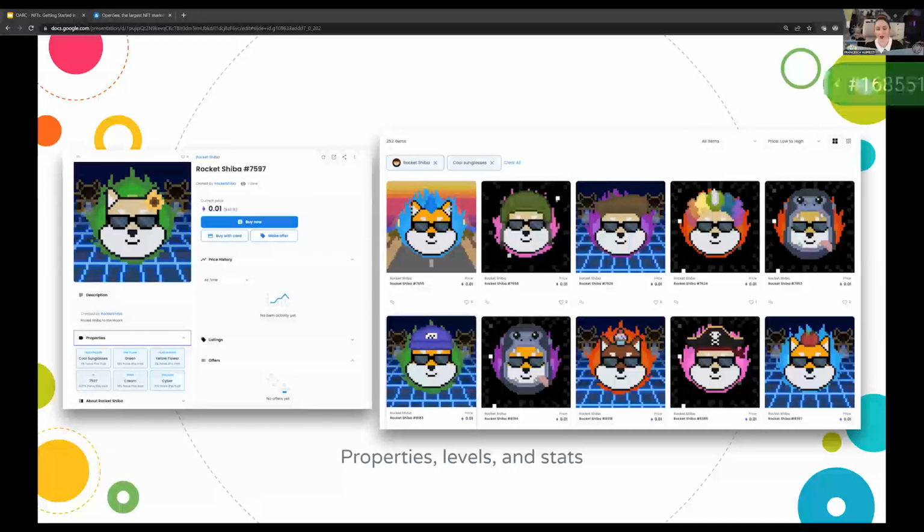We'll talk about this style or medium of NFT more later on, but I just wanted to point that out now so that you know what properties, levels, and stats are asking for and what it's all about. Stats in particular is related to this 10K collection format. You can use properties and levels in other ways too, but that's what they were originally used for.